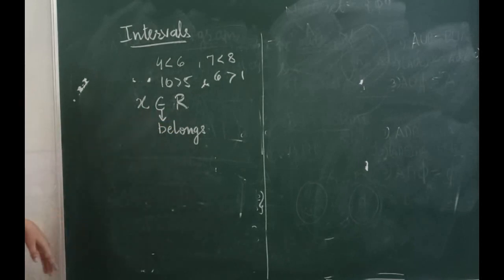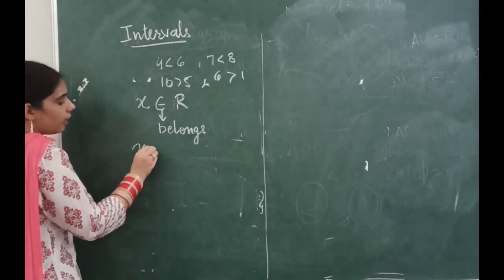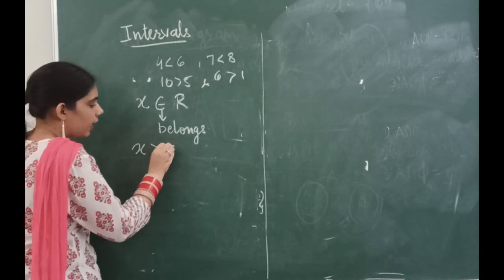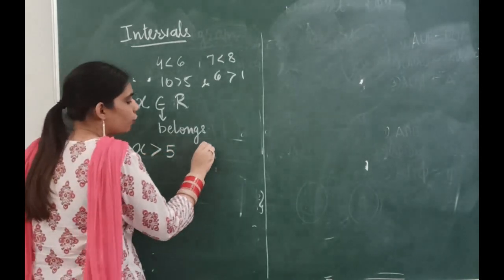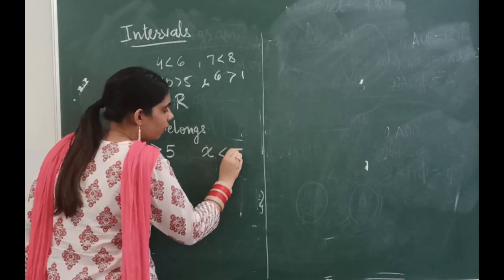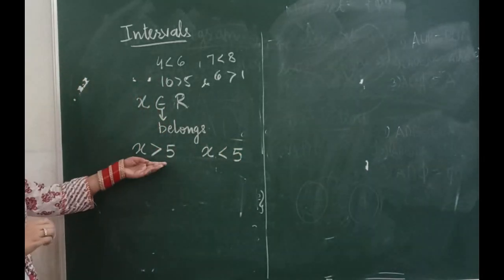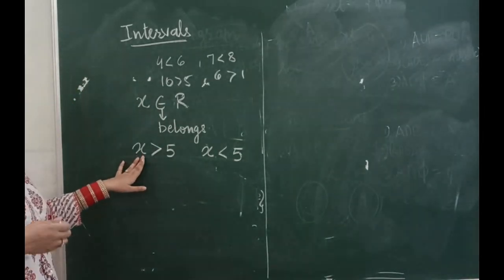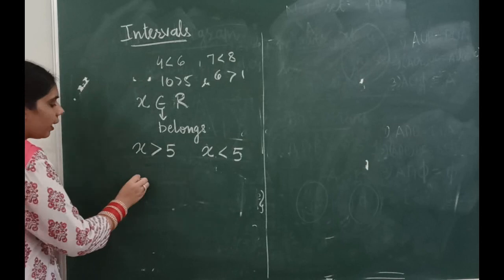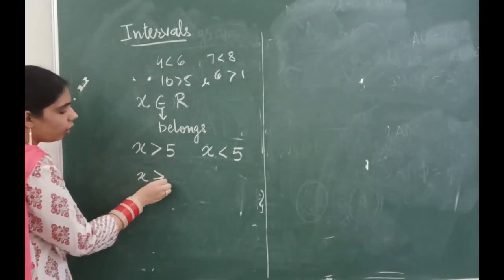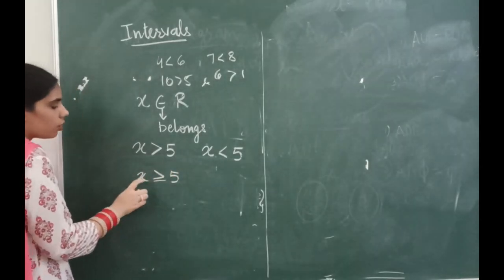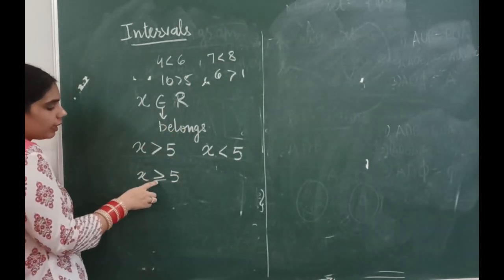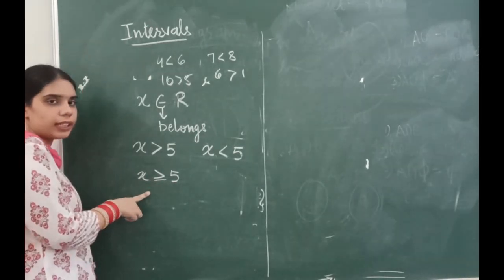बोल दिया x, and I am saying that if I have to write x is greater than 5, I will write it like this, x is greater than 5. If I have to write that x is less than 5, I will write like this. It's again easy. But now I am saying कि अब x तो हमें पता नहीं है ना क्या है, तो x can also be greater than or equal to 5 because x belongs to real numbers. If I have to write that x is greater than or equal to 5, I will write it like this.